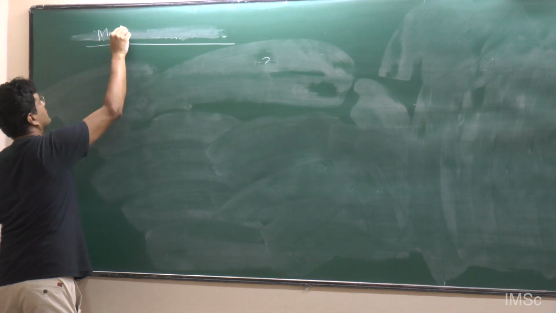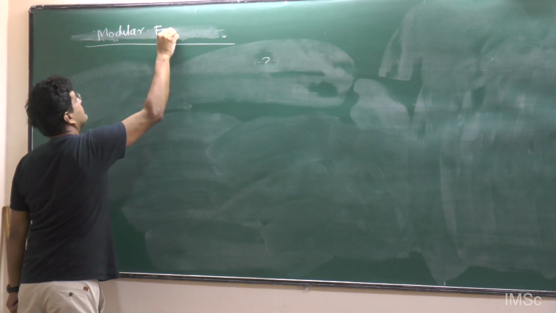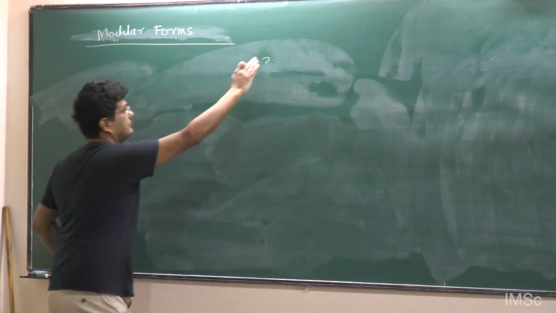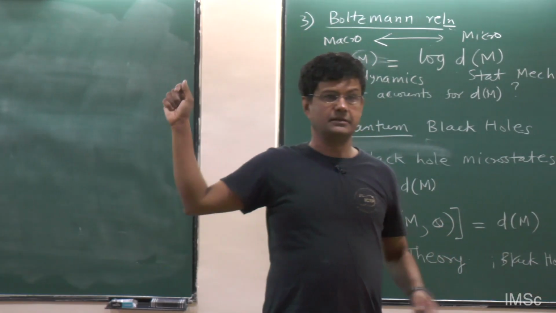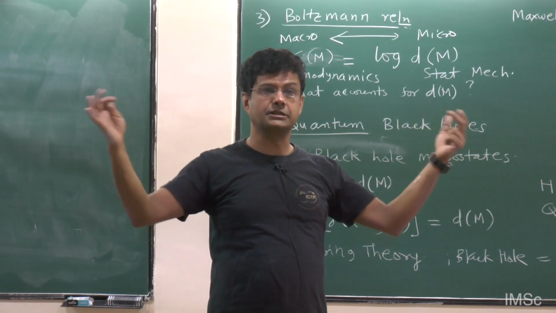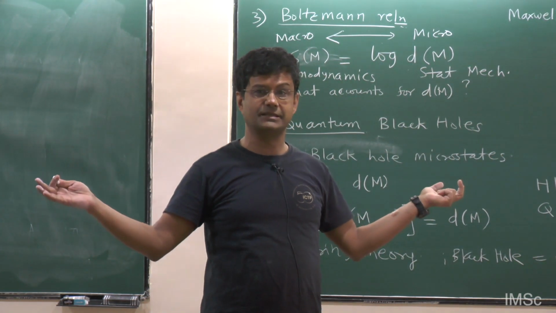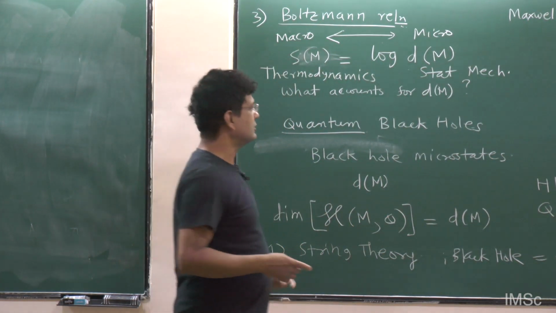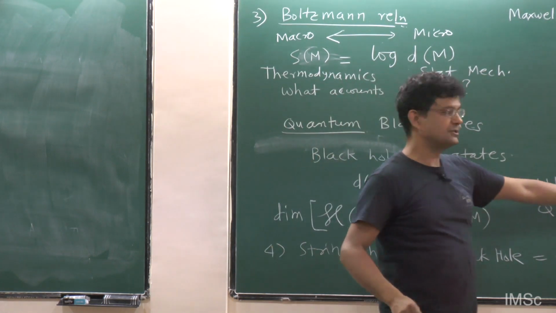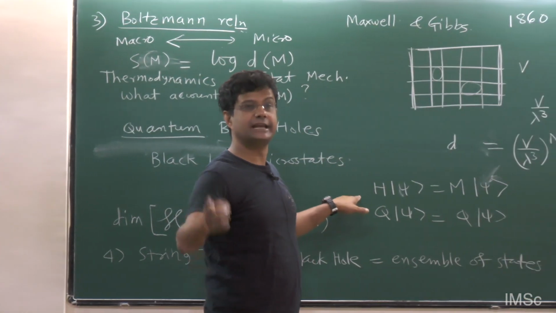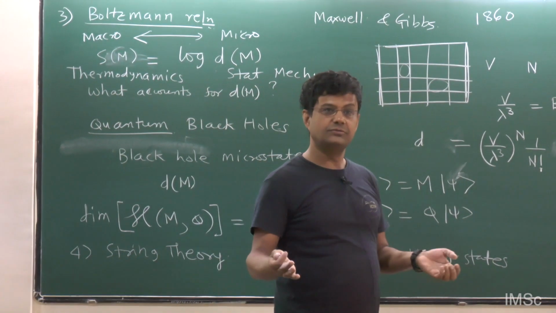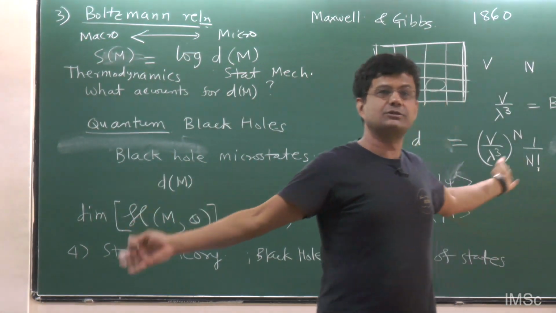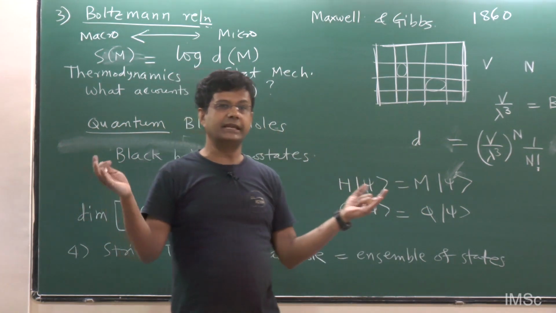Let me now explain the other part of the story, namely modular forms. The important thing about entropy, as I have explained here, is that nowhere did I have to talk about dynamics. It's just about the structure of the Hilbert space, the dimension of the Hilbert space. So entropy is a kind of subtle concept. There is no operator corresponding to the entropy. There is no single operator whose eigenvalue is the entropy. Entropy tells you how big your Hilbert space is for these quantum numbers. And that's completely kinematic information, if you like.